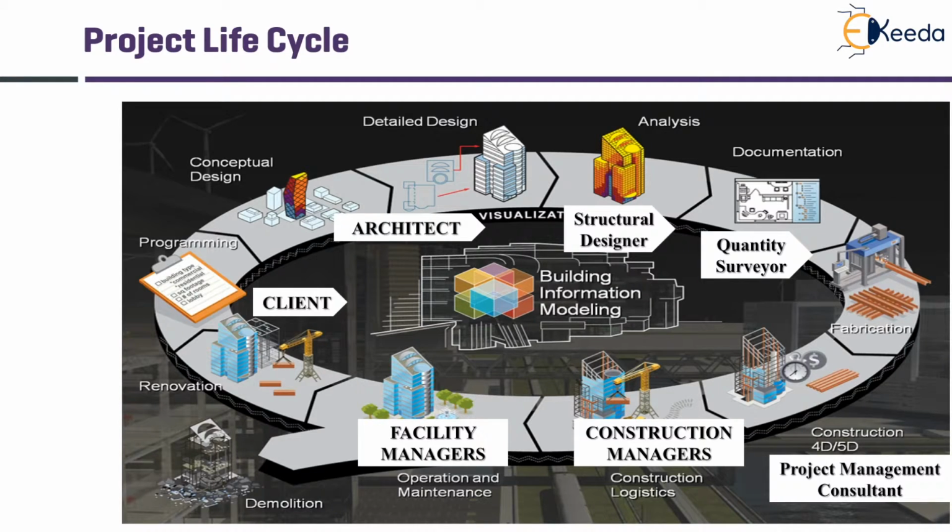Once the building is constructed, the information held inside the model will be of great use to the facility managers during operation and maintenance stages. That is, the HVAC, lighting, plumbing, and firefighting information is used for maintenance. If any particular lighting fixture is damaged, you can go to the BIM model and check what the specification, warranty, and brand of the light was. This makes complete project management a seamless process throughout the life cycle.